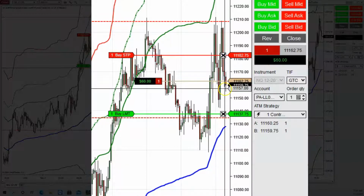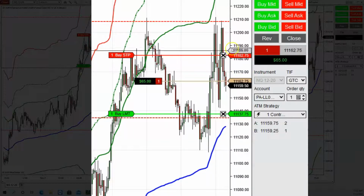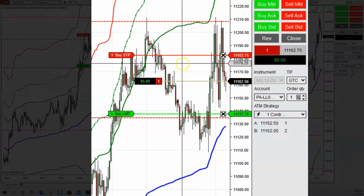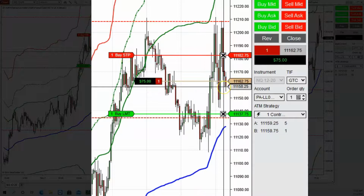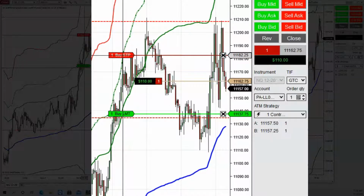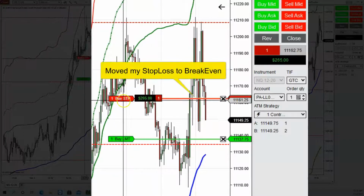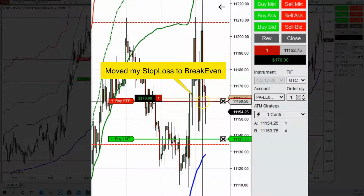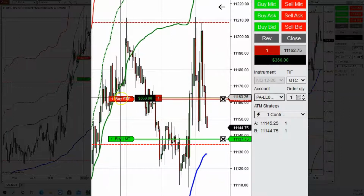See here, if this candle doesn't break that low, then it just means that's how low it's going to go before it goes the other way. So that's why I don't want to risk the trade. I just wanted it to break that low. If it does and keeps going lower, then we'll move our stop loss to break even. Careful with that. So what I can do here,